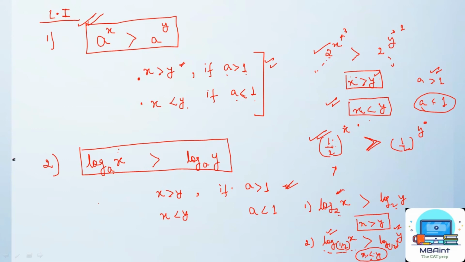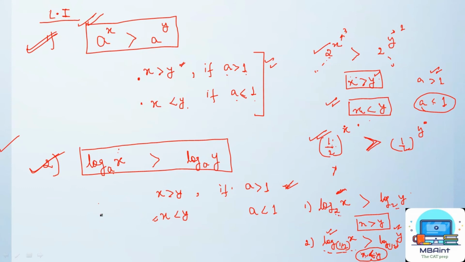Now in condition 2, in case number 1, the base a is more than 1, so if the base is more than 1, x has to be greater than y. In case 2 of condition 2, if my base is less than 1, then my x has to be less than y, right? Guys, you need to keep in mind all these cases when you solve a logarithmic inequality. This might not make a lot of sense now, but when you start solving these questions, you will see how important these points are. So I would suggest you make a note of it, so that it helps you further.